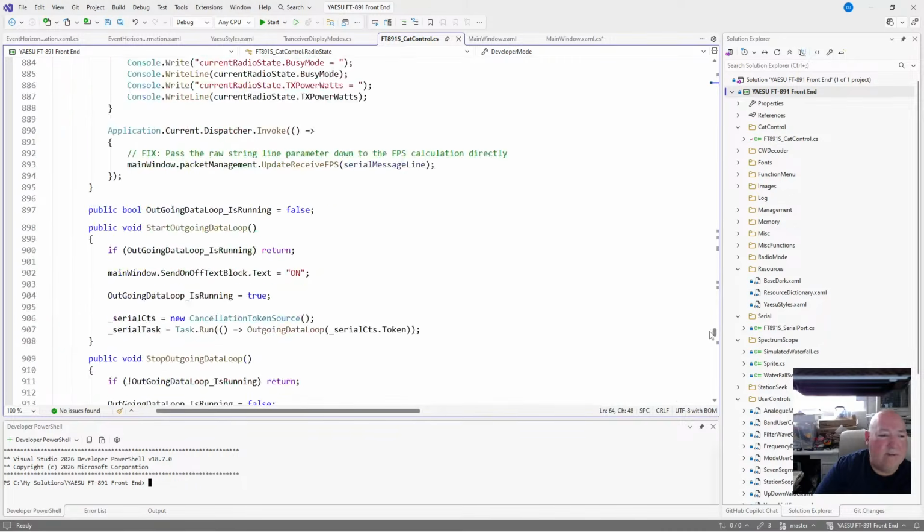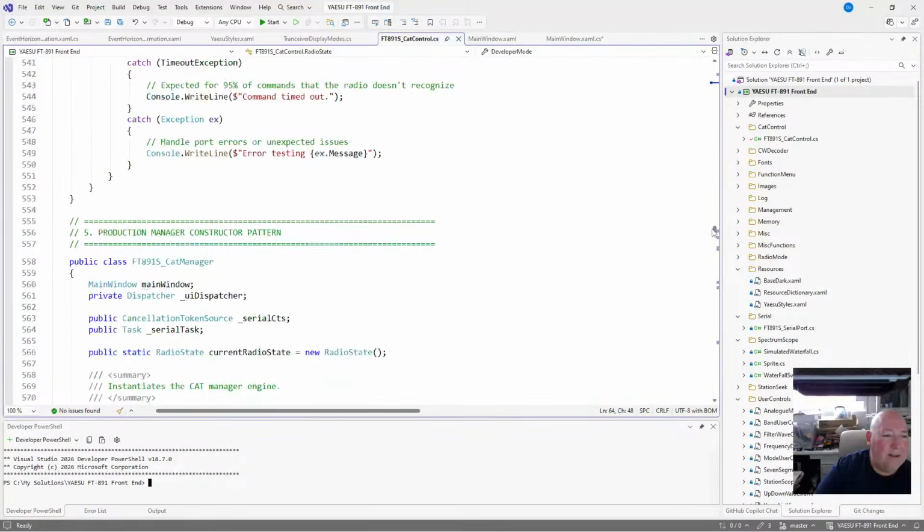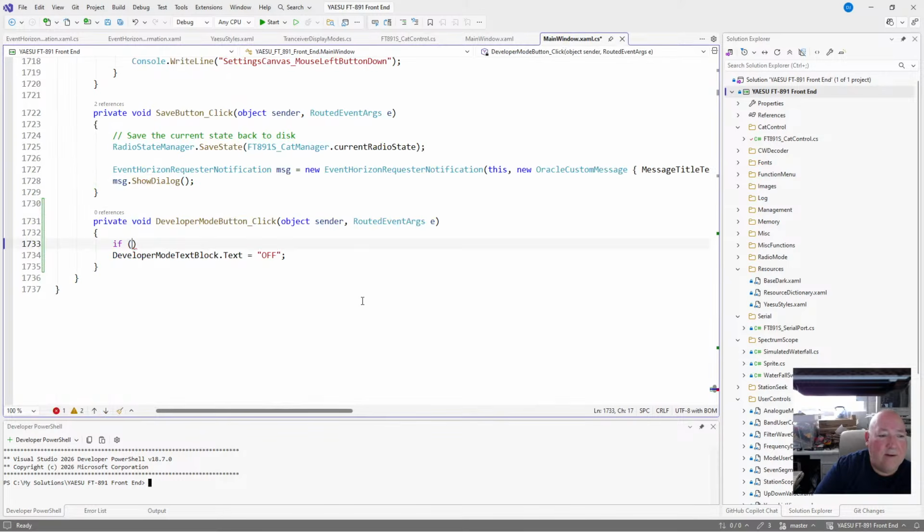It's got 3 or 4 classes in the one class. Here we go. Static, so it's current. So we go like that and put that in there, then current radio state dev mode. If dev mode is,